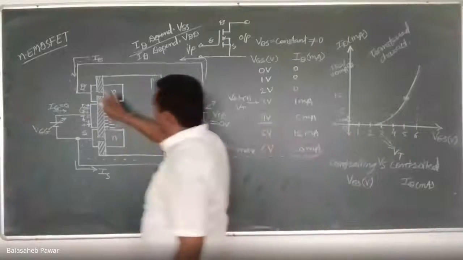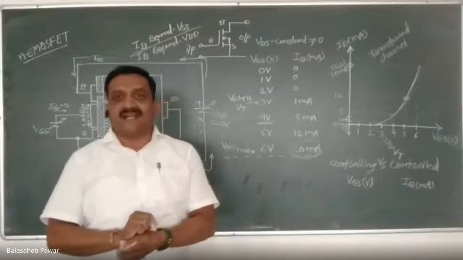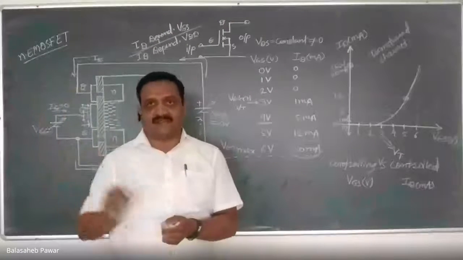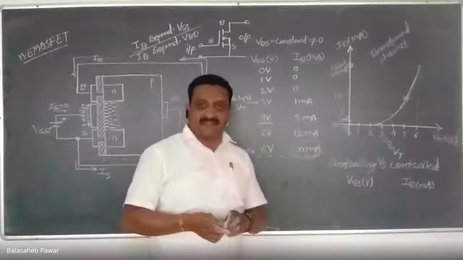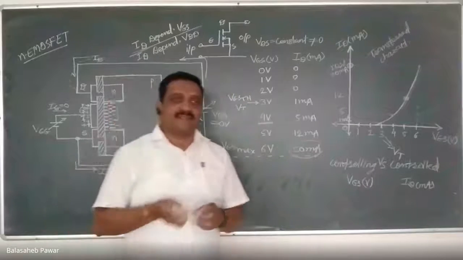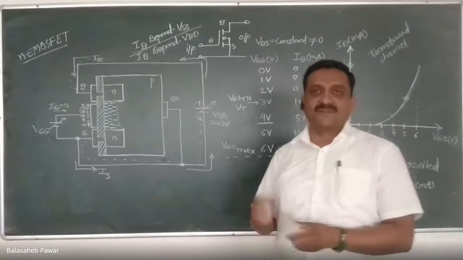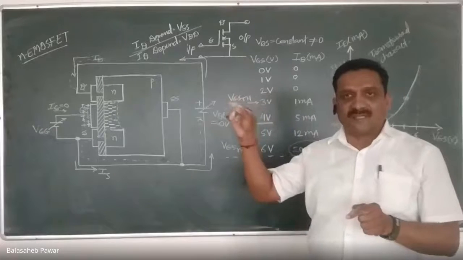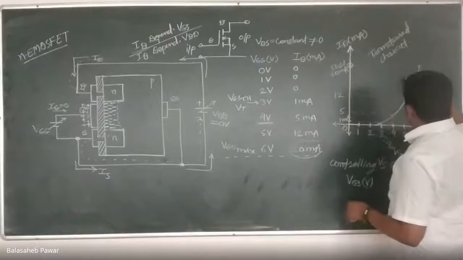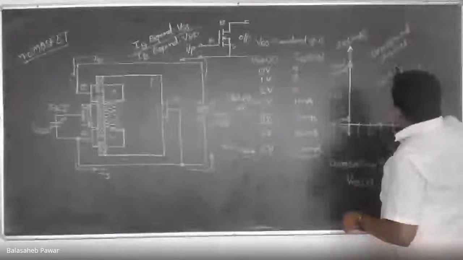In case of JFET, you might have studied the drain current equation, that is ID equals to IDSS in bracket 1 minus VGS by VP bracket square, and that equation is known as Shockley's equation. If you can recall, or if you have a previous year book, you just check it. That Shockley's equation for the drain current of JFET, junction field effect transistor, is ID equals to IDSS in bracket 1 minus VGS by VP bracket square. Similarly, in case of MOSFET, as I already told, the drain current equation is ID equals to K times VGS minus VT bracket square.